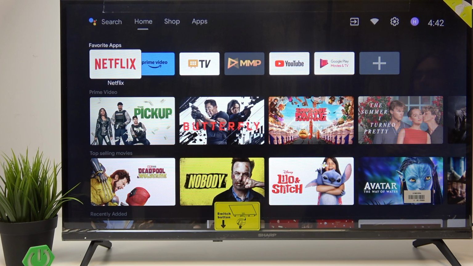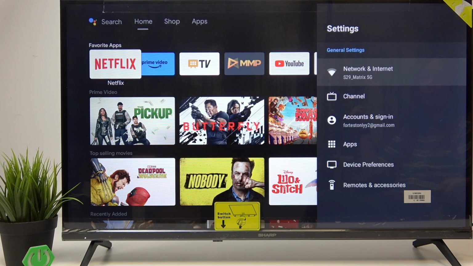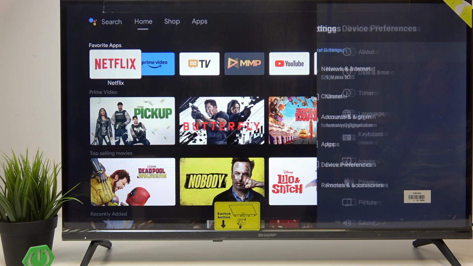So for example, you can set it that if you turn the TV on, the HDMI device will also turn on, like your console or set-top box, whatever, as long as it supports it. Your TV does. So let's go to the settings in top right corner, then go to the device preferences and